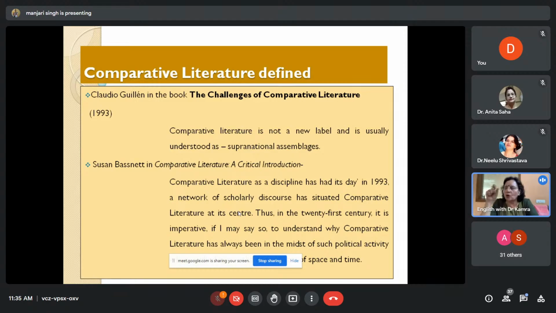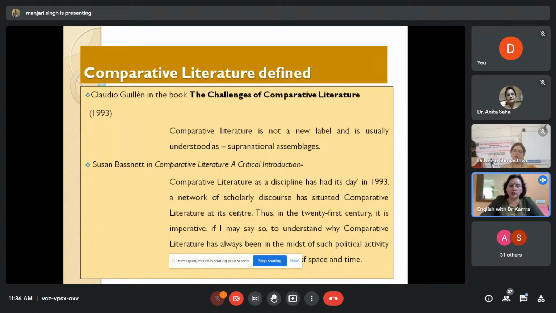contact of national identities. That is why comparative literature is also called transcultural studies. Because here you'll find that you're not limited to national boundaries. You find that it is also labeled as world literature. It is also regarded to be a kind of universal study of literatures at hand.